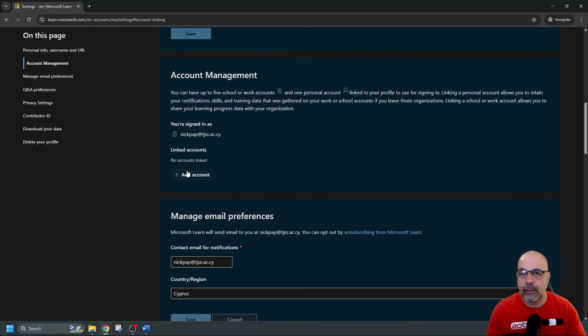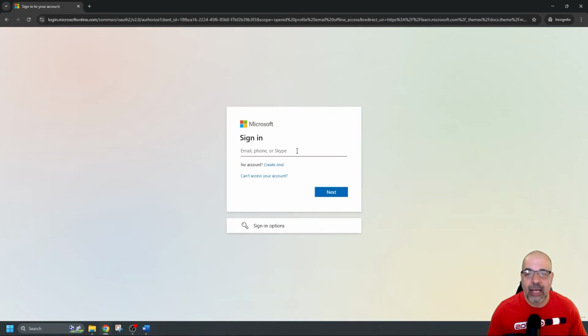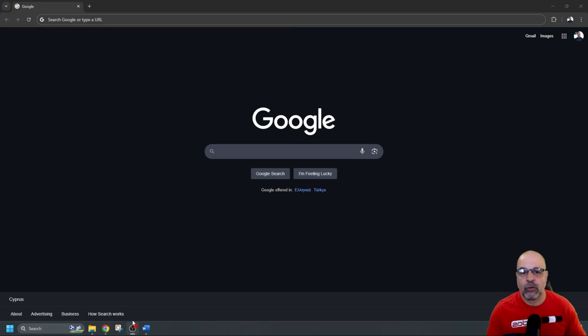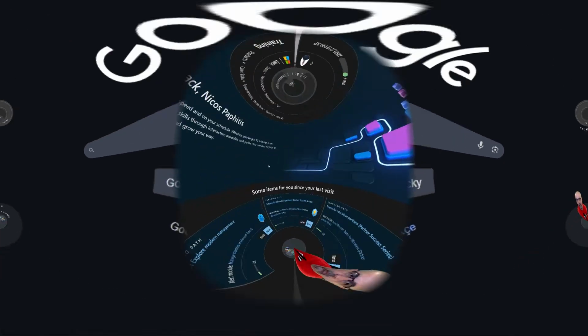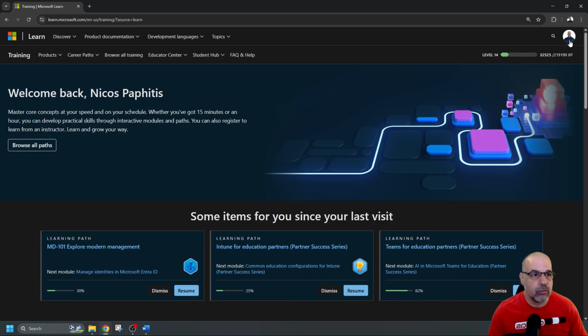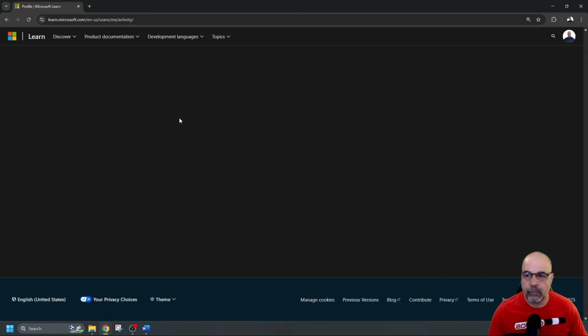And once you've created a personal Microsoft account, you can come here to add account, click on that, and you will sign in to your personal Microsoft account. And then that will link that account for you. I'm going to show you what a linked account looks like. So this is my personal account. You can see here, I've got my profile picture on the top right here. And if I click on that and go to profile,